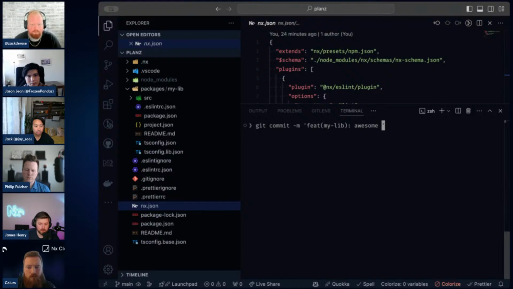So that would give NX release a conventional commit standard message to interpret. And we could say, oh, okay, so you've created a feature. That means we know you want to do a minor bump. If you said fix, we know you want to do a patch release. And if you had a bang here, an exclamation mark, that would be a breaking change. Or you can also apply the words BREAKING CHANGE in capitals in the body of your commit message as well. That would also be interpreted as a major change. So you would go from 0.1 to 1.0, for example.